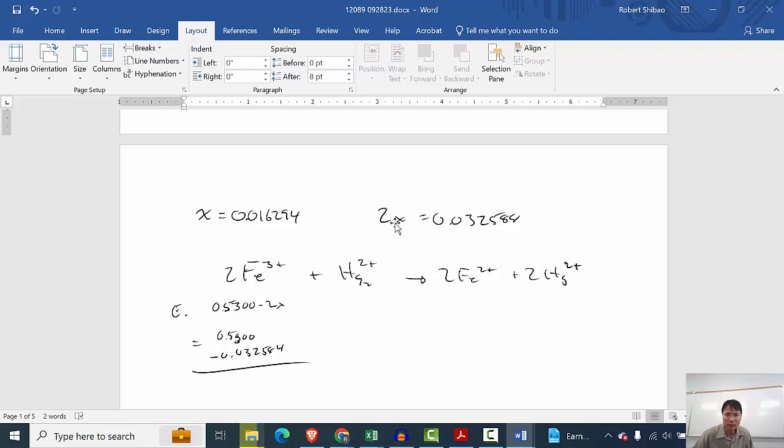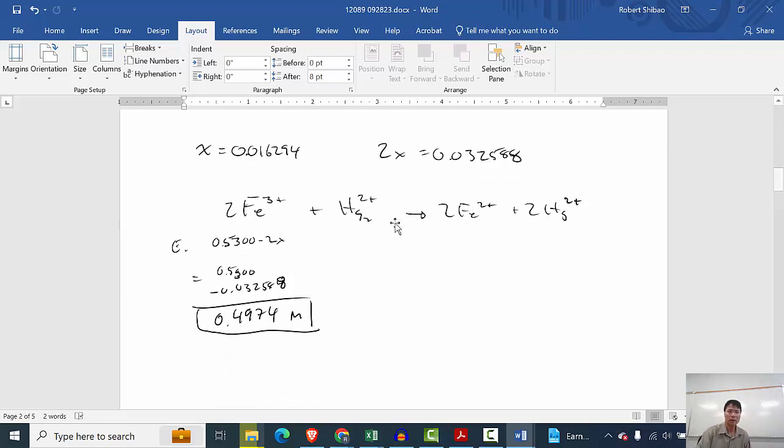Ooh, not 584, 588. And so I get an iron 2 plus at 0.4974 molar. This is more sig figs than I'm allowed, but we'll just carry it over